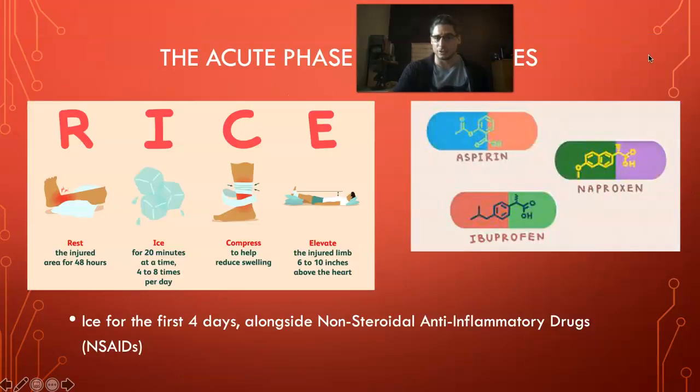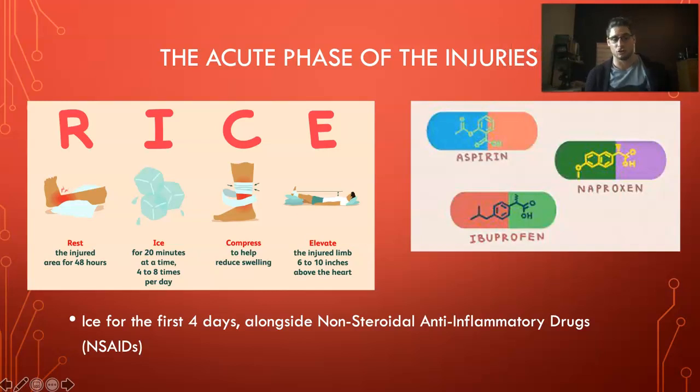How we do that is something called the RICE principle, and the use of non-steroidal anti-inflammatory drugs. So ice is extremely powerful stuff. If you've never used it for an injury, it's certainly something that you should do. And certainly with any injury, the process works like this. So initially, we look to rest the injury immediately. So we don't want to be doing anything around that site because we don't want it potentially causing more damage.